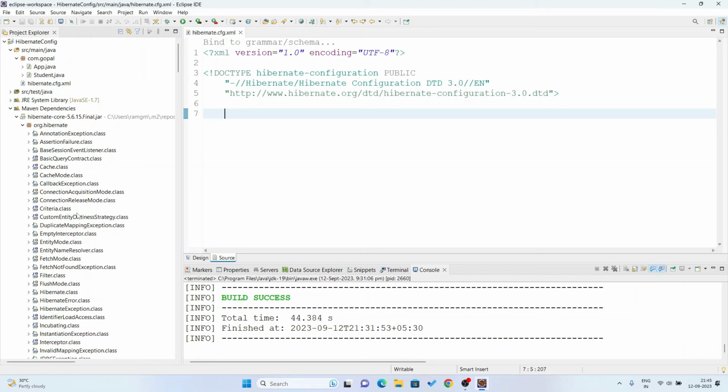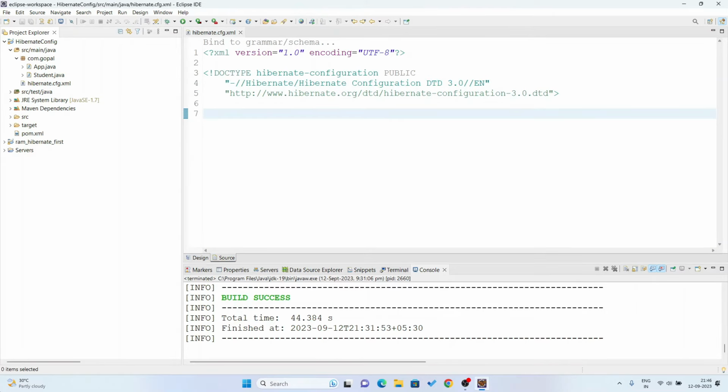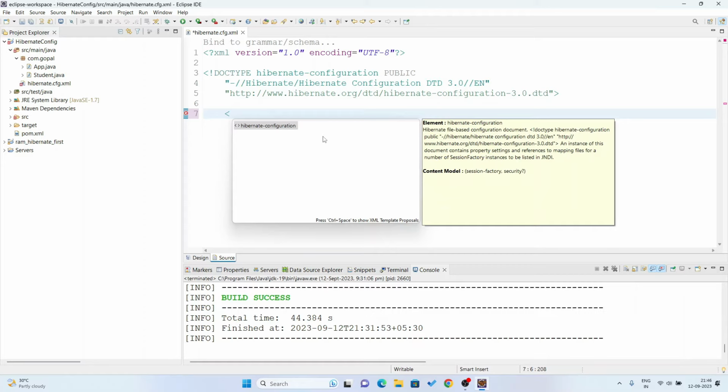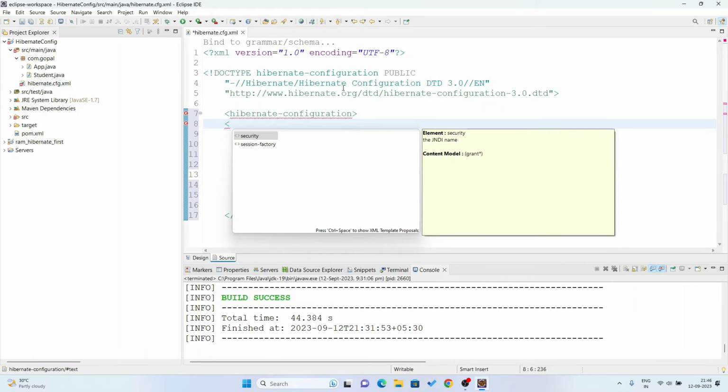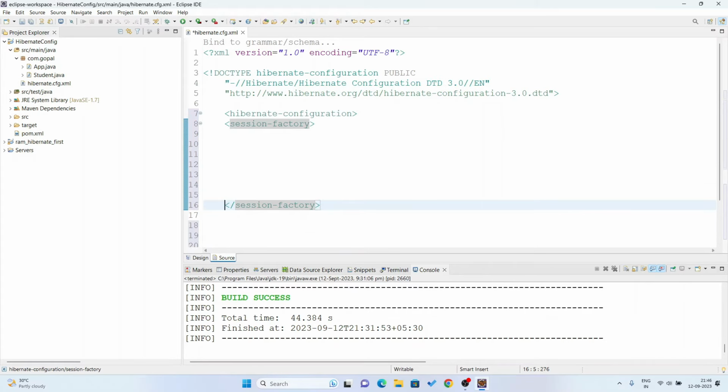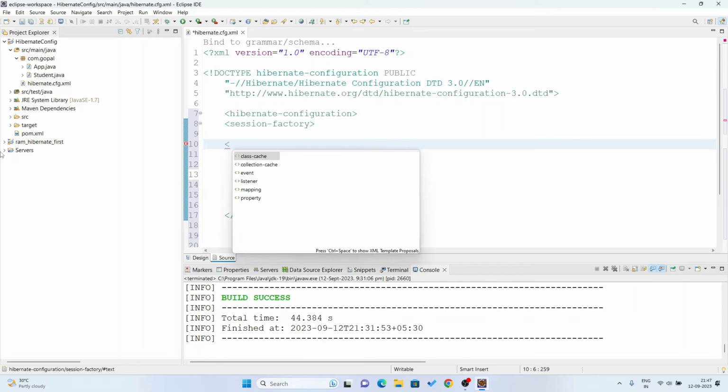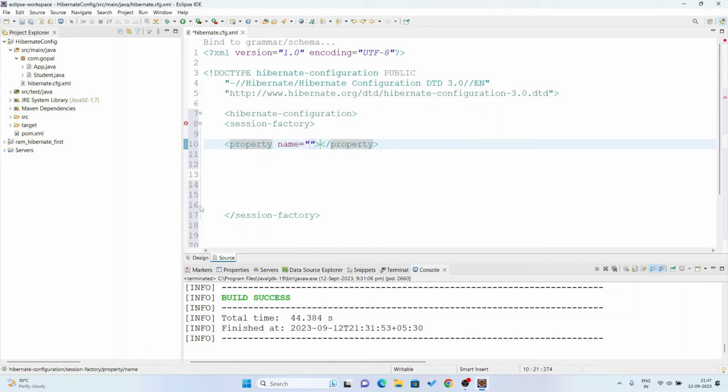Now you minimize these Maven dependencies, and after that you write Hibernate configuration. After that you write session factory. Inside the session factory you have to write property name. Write here property, enter property name. Property name is connection.driver_class, and here you pass